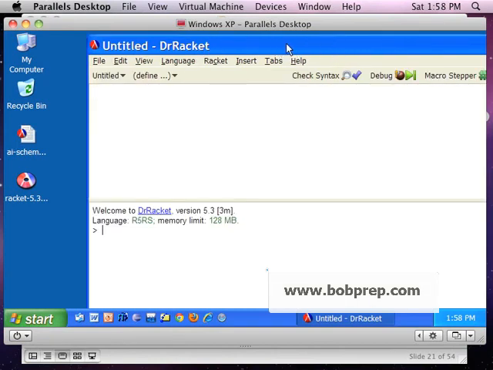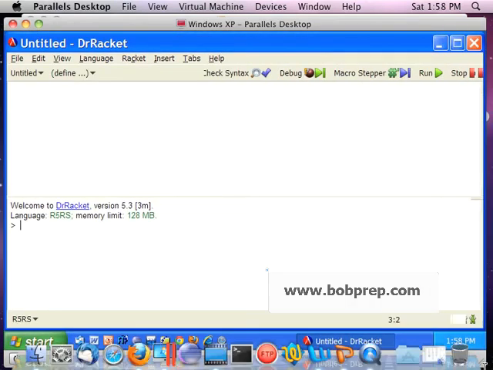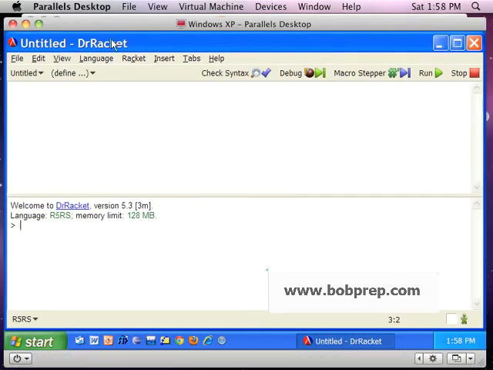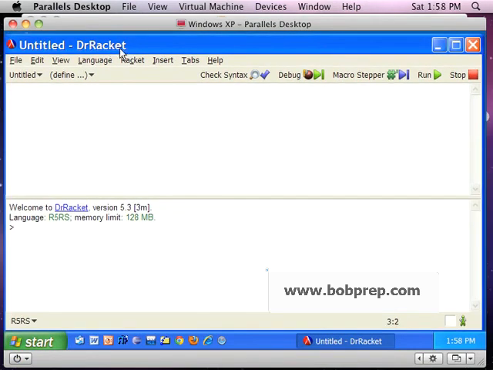And the first thing it's going to do, oh, it didn't do it for me because I already have a language. It's normally going to take my current settings, which is weird because I uninstalled it. But anyway, down here on the bottom, it's going to ask you for a language. What language do you want to use? So if you click on the language menu item on the top, and you say choose a language,